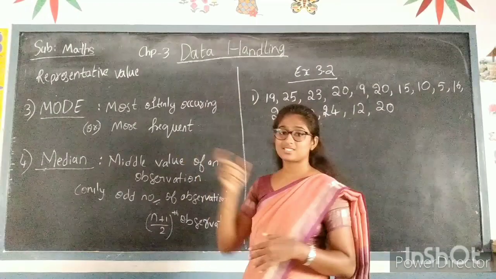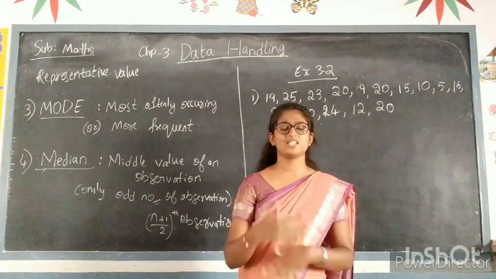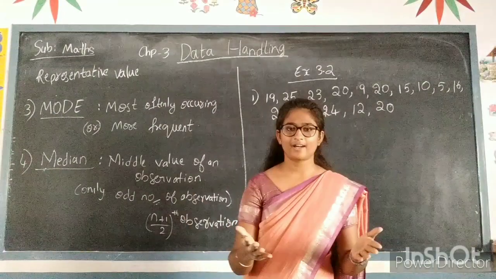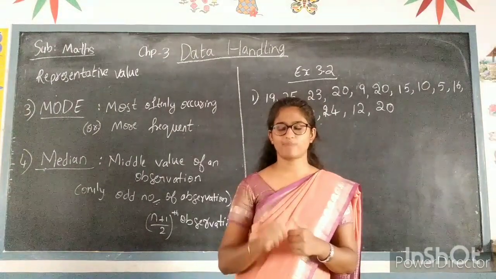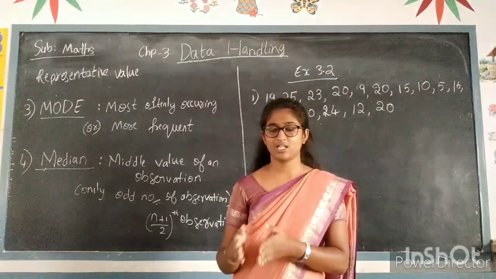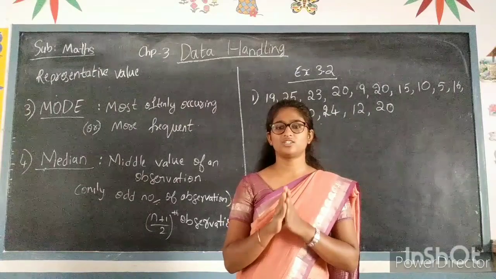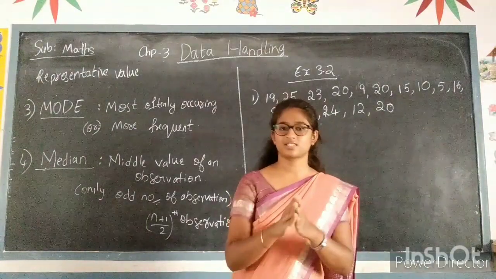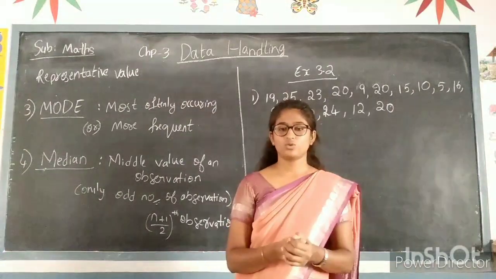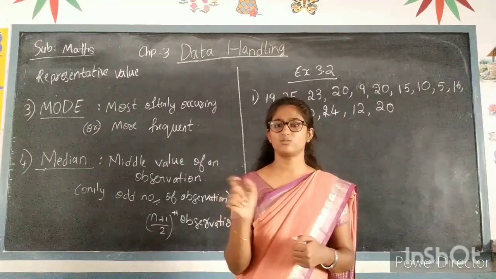What mode suggests here is nothing but the value that occurs most of the time. For example, think about which brand of pencil you all have. Some will have Natraj, some Classmate, some Camlin pencils. In that, the most used pencil will sometimes be Camlin, sometimes Natraj, or sometimes Classmate. The most frequently occurring term is called the mode.